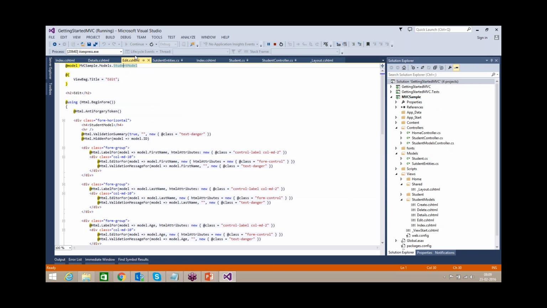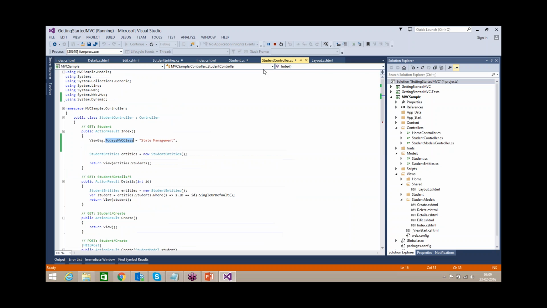ViewBag won't pass any data back to the controller or the server. It only passes the data you assigned in your controller action method to your view, and it won't be passed back to the server, or to any other view or controller. This is only one way.